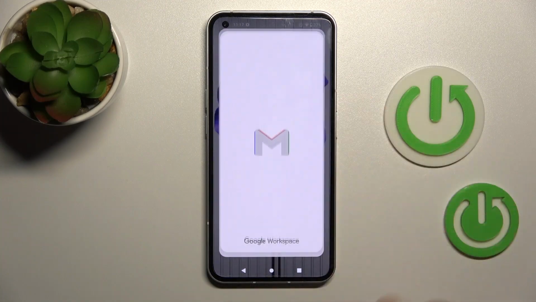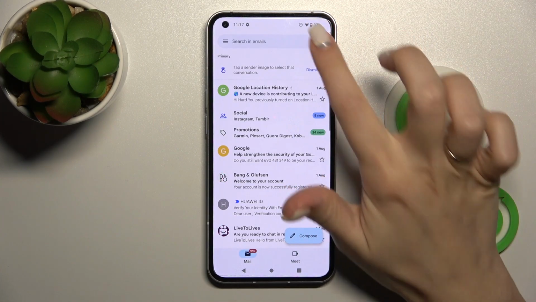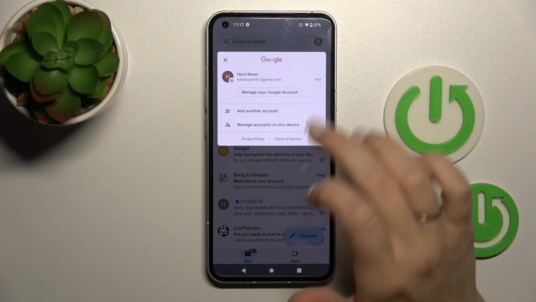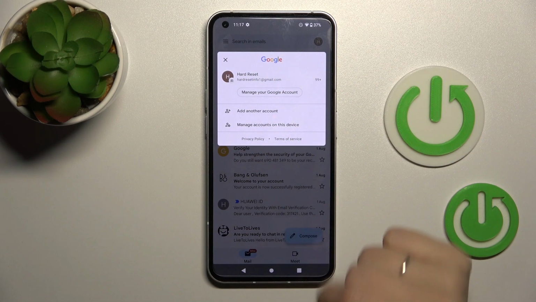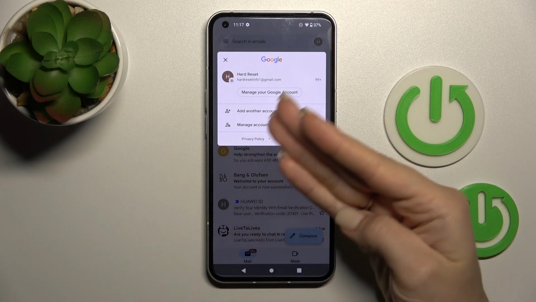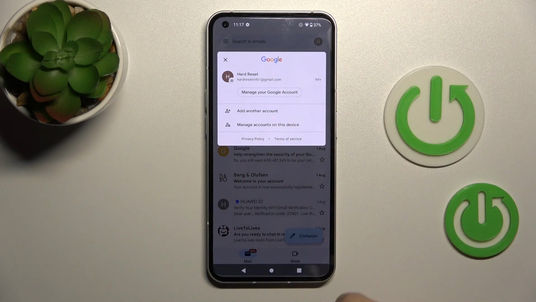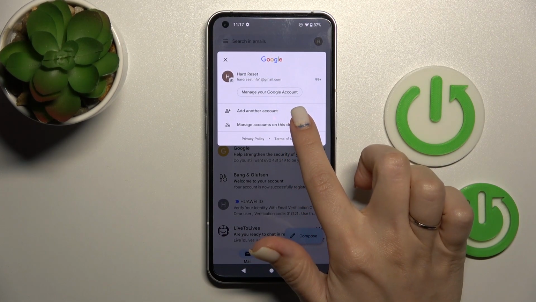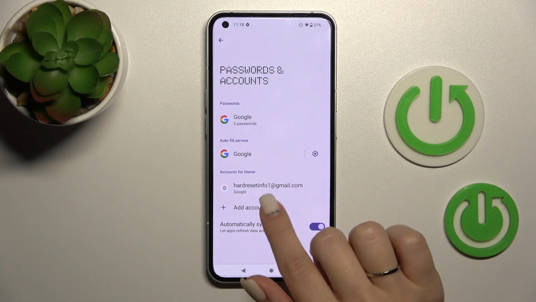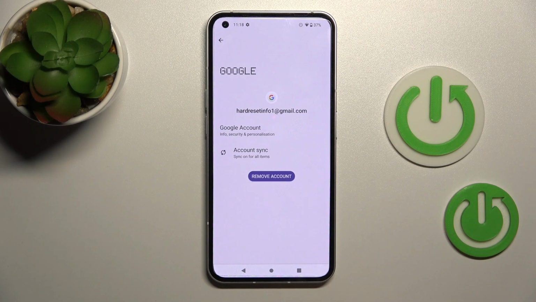So first let's launch the Gmail application, and now just tap on the right upper corner. Here we can see that we are logged into the Gmail account in the Gmail app. That's why if you want to log out from the Gmail account in the Gmail app, we should log out from the Google account on our device. And just to do that, tap on manage accounts on this device and select this Gmail